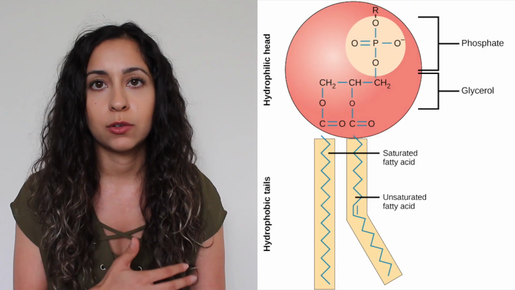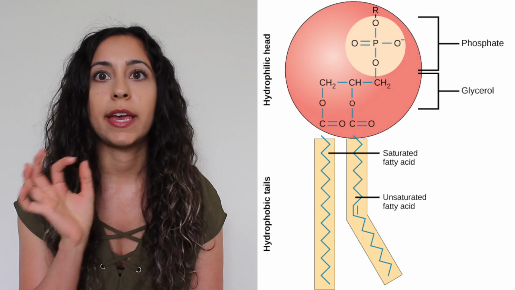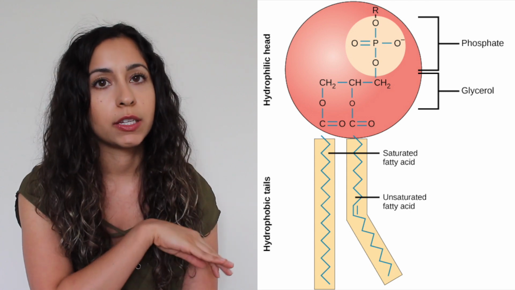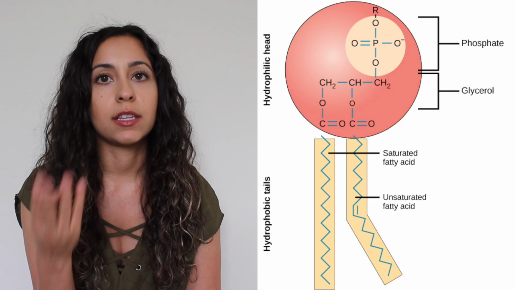So we talked about triglycerides, now we're going to move on to the other type of fat that's found within our foods, which is actually called phospholipids. Phospholipids are made up of a glycerol backbone, two fatty acids, and a phosphate group. So whereas a triglyceride had 3 fatty acids, this one only has 2.